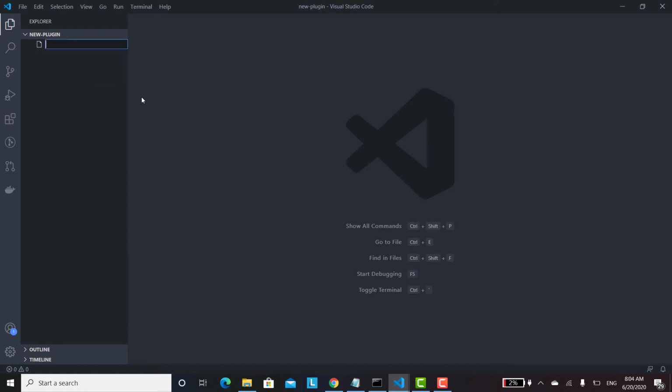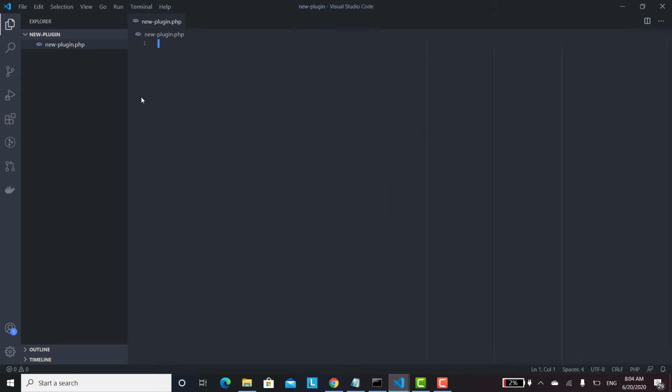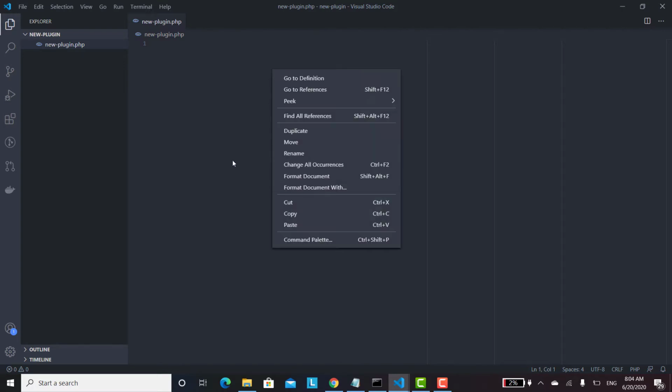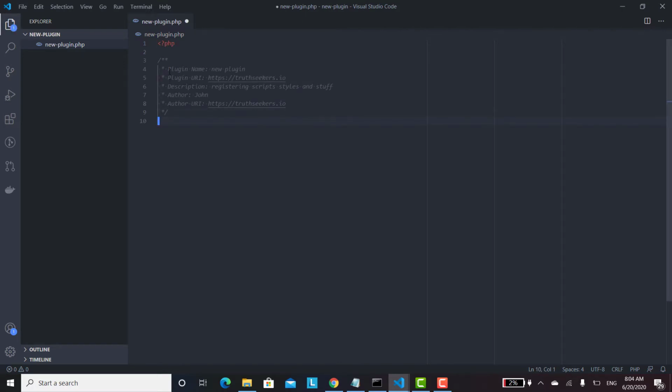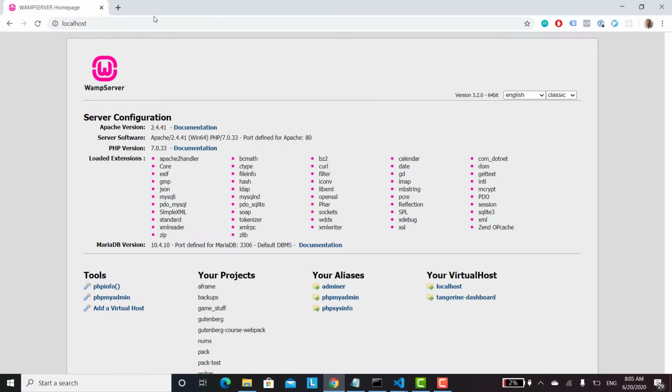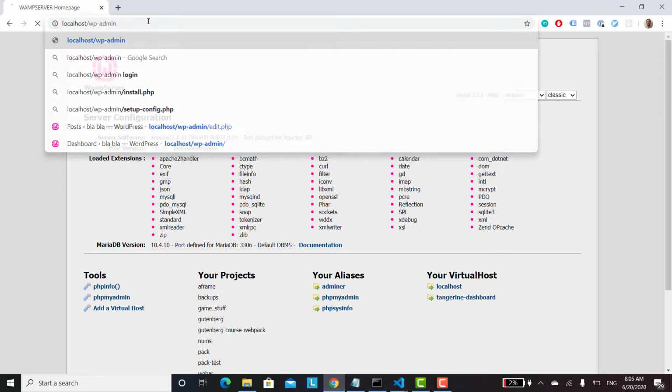So we'll do that, and usually you call it the same name, so new plugin.php. And then I've already got some basic code written here, so I'm just going to paste that here. So I'm going to call it new plugin, and once we have that, we can activate our plugin. And so you'll just go to your localhost wp admin,